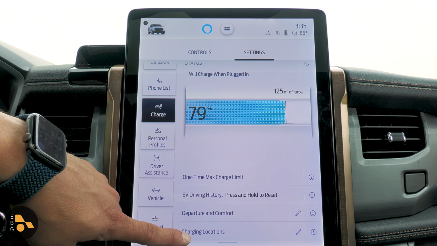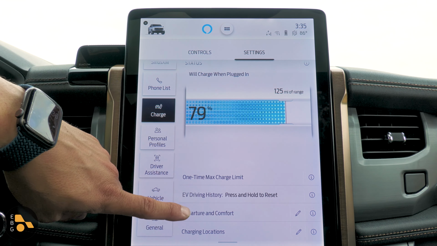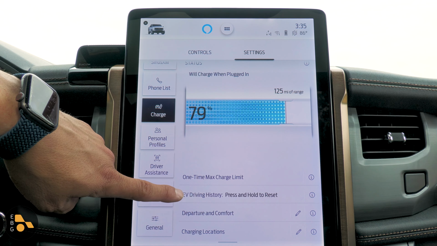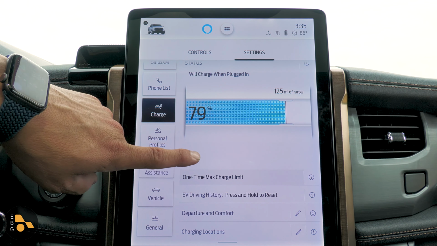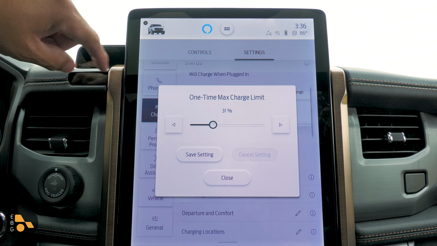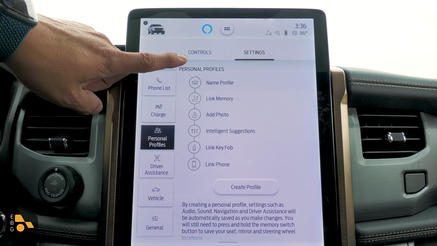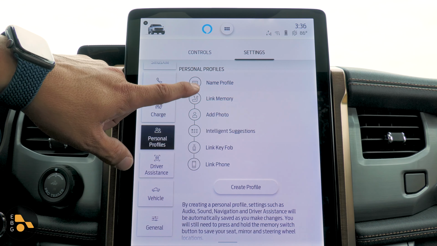A nice feature here is that not only can you set charging locations for various different charge levels at those locations, Departure and Comfort will also precondition the battery, which is a nice touch, and then one-time max charge will say, the next time that I plug it in, that's what I want to charge to, without interrupting those other charging settings. Under personal profiles, you can link a whole bunch of stuff to various different profiles, like memory seats, add photos, things like that, link key fobs,